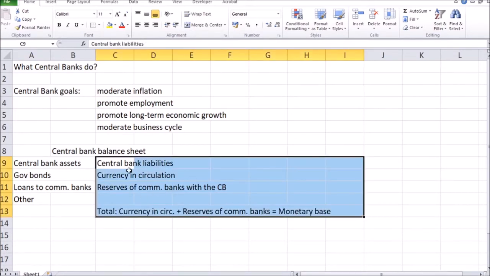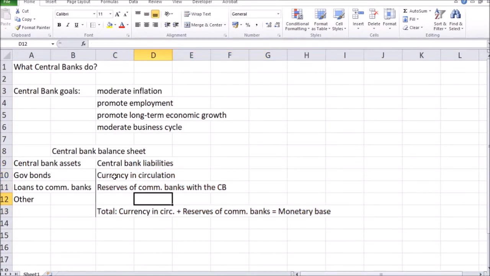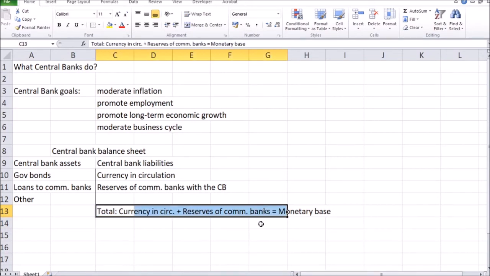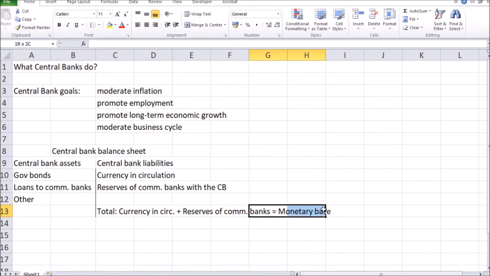Now, to sum up the liabilities side of the balance sheet, what we have is the sum of currency in circulation and reserves of commercial banks held with the central bank. Both of these have actually been created by the central bank. The paper money that you have in your pocket is created originally by the central bank, and the reserves that commercial banks hold with the central bank have been typed into existence using the keyboards of the central bank. And all of that base money, all of that starting amount of money that the central banks create is actually called monetary base. As we'll find out soon, that's not all of the money that's actually circulating in the economy.